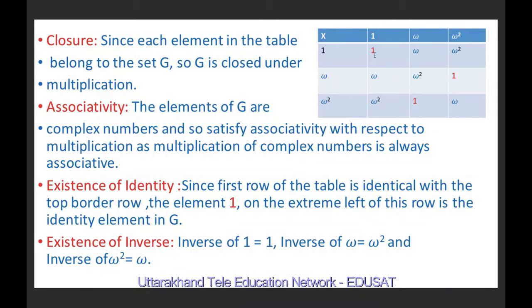Also, we will see whether this composition is symmetrical about the main diagonal or not. Elements in the main diagonal are 1, omega square and omega. Elements on the right of 1 in the first row are omega and omega square. Elements below 1 in the first column are omega and omega square. So these are the same. The second diagonal element is omega square. The element on its right is 1. Below it also 1. So both are the same. So this composition table is symmetrical about the main diagonal.